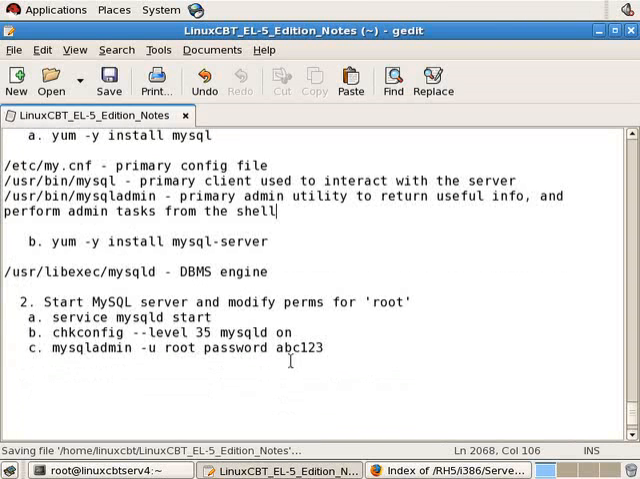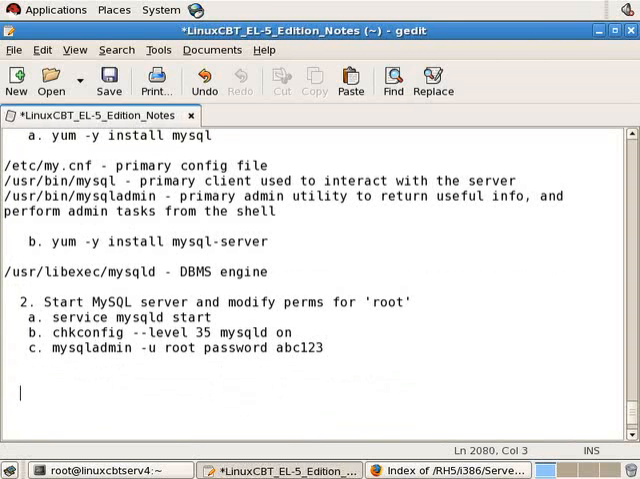Great, now the server is up and running. Let's do one other thing. Install, just to illustrate connectivity from across the wire, the MySQL client on a remote system, and then test connectivity